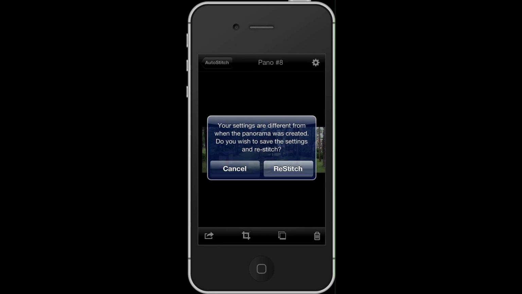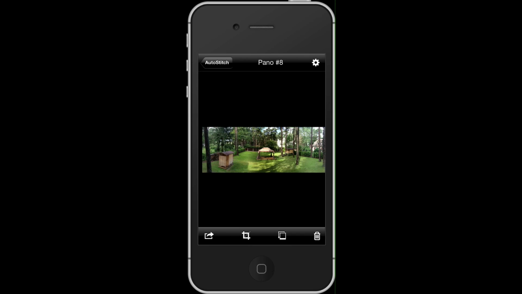And with highest quality settings on iPhone 4S, this might take you even 4 or 5 minutes, because it really is a resource intensive task. But if you want the panorama and if you like the image, it's worth it. But since I'm just shooting this video right now, I'm going to go ahead, tap cancel, and I'm not going to restitch the image. But instead, I'll show you one more cool feature about AutoStitch, and that is the fact